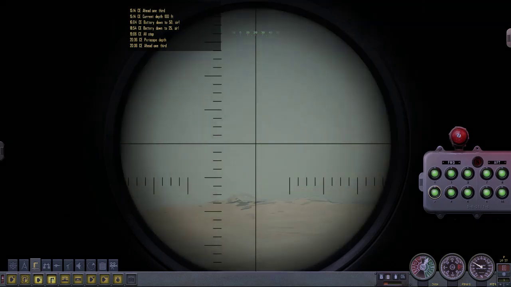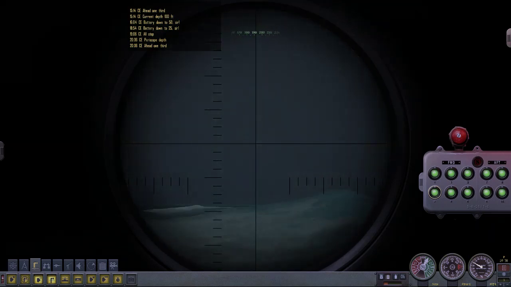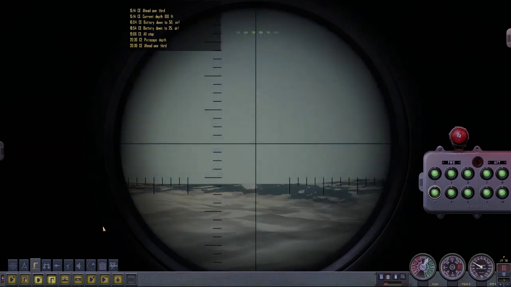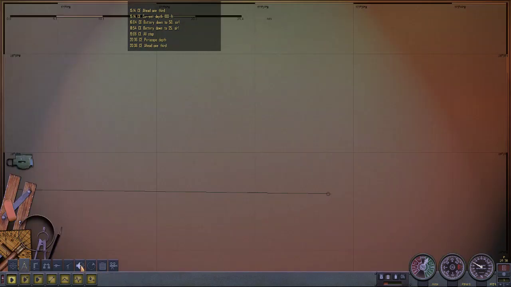So this Gato class ship has a slightly taller scope than the Porpoise class that I started out with. And the other thing about it is that the observation scope and the attack scope are the same height on this boat. On the Porpoise class, the attack scope was a little bit taller, or rather, at a slightly higher point on the mast. In any case, we're going to surface, and we're going to run...